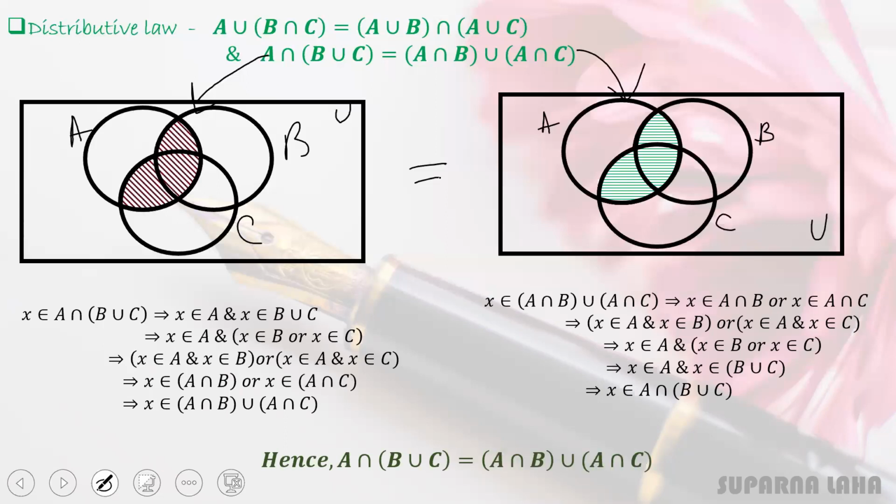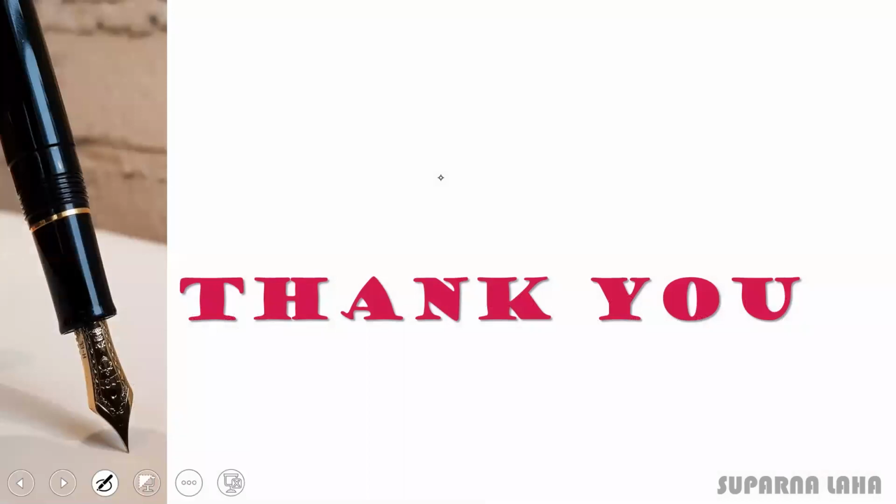Clear? So by the Venn diagram also and by the mathematical expression also, we proved that the distributive law holds for the operation on sets. Clear? So we will solve this type of problems, more problems, in our next classes. Till then, practice it, understand the Venn diagram, its mathematical expression and this algebra of sets. And if any problem or any doubt is there, you're free to ask.